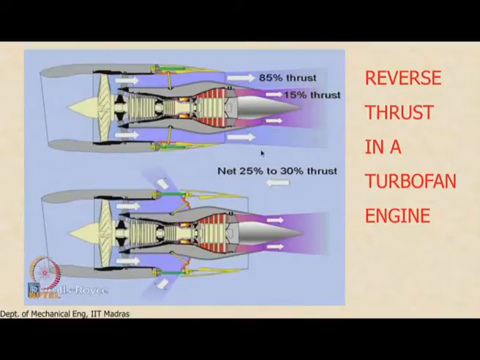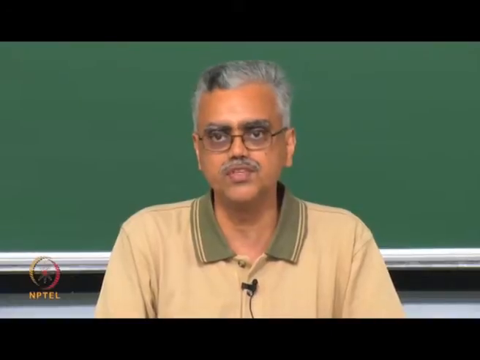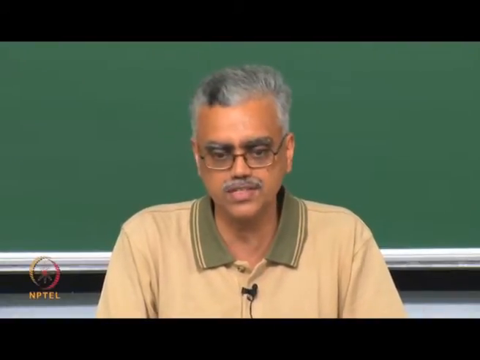Thrust reversal, right? We saw thrust reversal in a turbojet engine which had only one nozzle, and we had these clamshell thrusters which were deployed when the thrust has to be reversed. But in a turbofan engine, it does not make sense to provide thrust reversal here, because this generates only 20 to 25% of thrust. So thrust reversal must be deployed in the stream which produces the bulk of the thrust, and that is the fan stream.